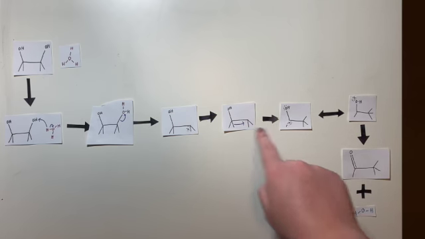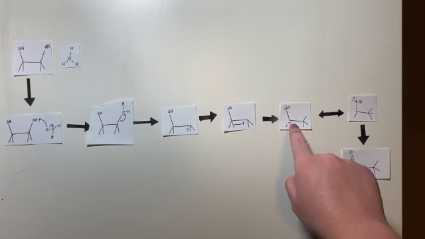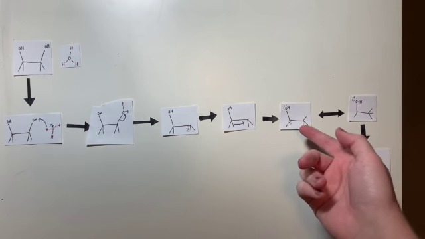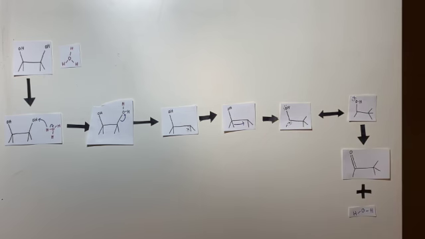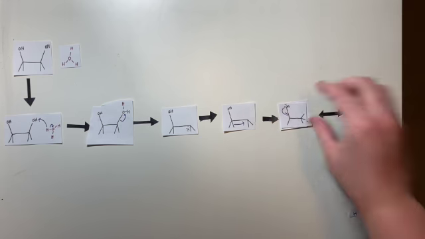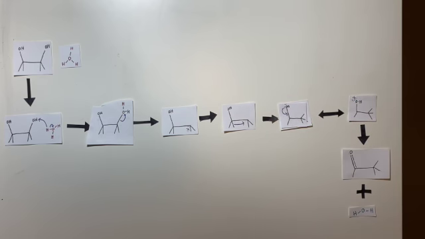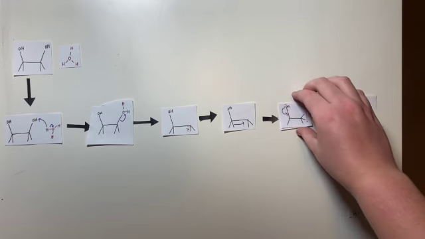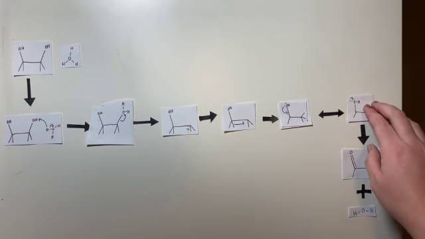But now since this bond left, this over here is now unstable since it lost an electron. It's now positive. So in order to fix that, one of the lone pairs from the oxygen is going to come down and form a double bond. They'll resonate down and form a double bond, and the positive charge will go away. And now